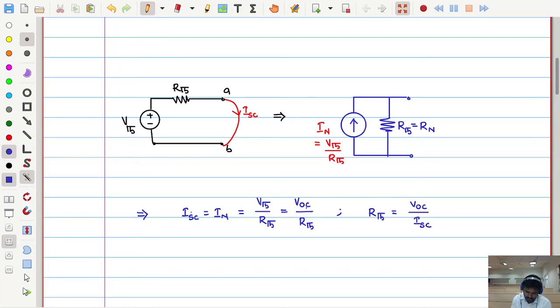So you can see from this relationship, if I take the first and last quantities, you can write the Thevenin's resistance is equal to simply the open circuit voltage by the short circuit current. Even if you don't know the other things, just check what will be the open circuit voltage and what will be the short circuit current. Based on that you can find the Thevenin's resistance. That is one thing. The other thing is that Thevenin's resistance is equal to Norton's resistance. So you should observe this phenomenon also.